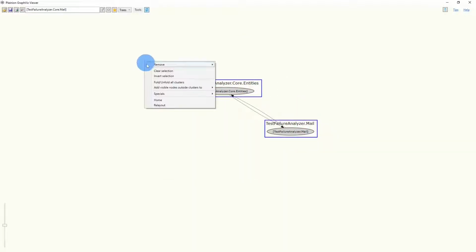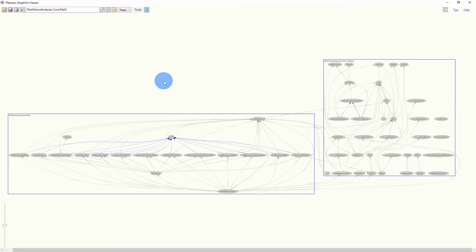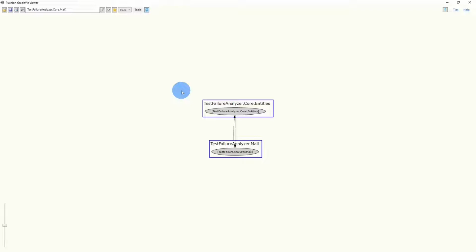We could now simply unfold both clusters to see which types are actually causing these dependencies. But this doesn't give us a nice view which we can easily analyze. So let's fold the clusters again, and let's remove some noise first. So we want to know why entities have a dependency to mail while we would actually expect it the other